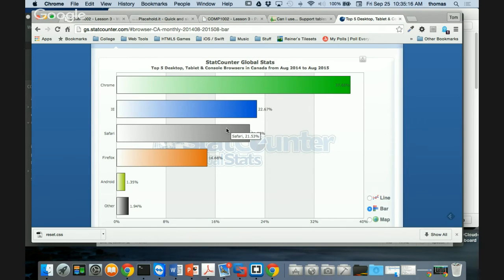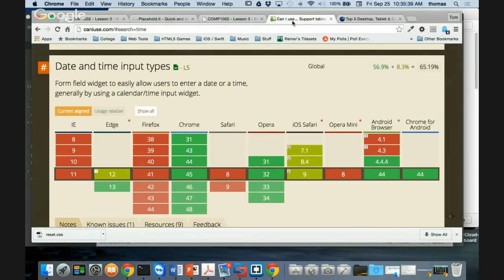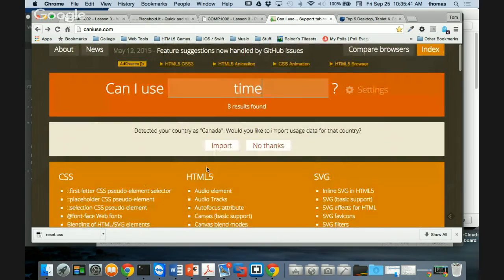Because remember, it's just not identified. HTML is not necessarily one big standard. It's a grouping of standards, HTML5. And some parts of it have been adopted, and some parts of it have not, right? So that means there's some parts of HTML that are not cross-platform, not cross-browser yet, right? So you don't necessarily want to use them. Okay. An example of that is if I go back, if I want to use